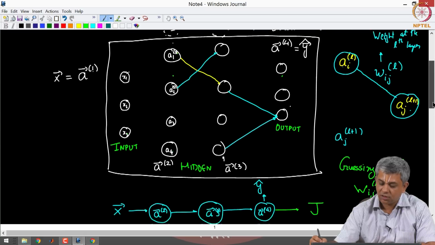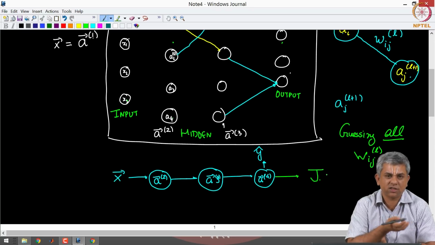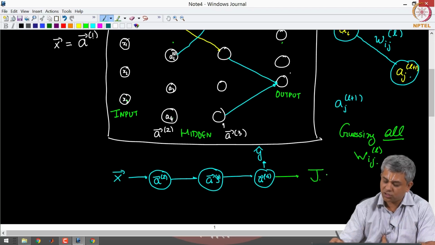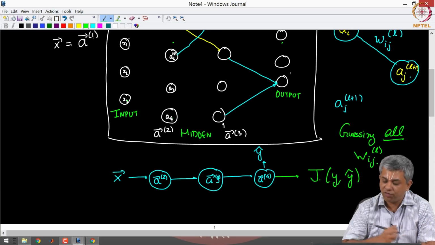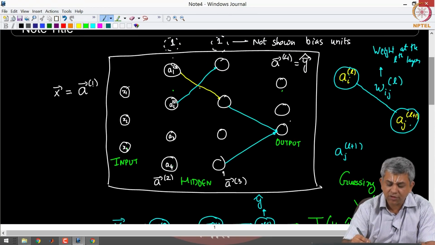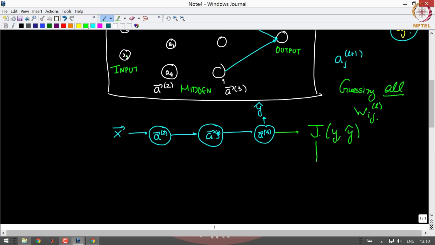Once you guess, you get a cost function j. Now, ideally you would want that cost function to be 0, you know that that is not going to be the case because your guess is typically not going to be so good. Okay, so, this j is a function of y, the ground truth, and your y hat. And given that you are going to get a j, you have to now figure out which of these weights was responsible for this higher j. What you want to do is essentially redistribute this j to all these weights. Okay.